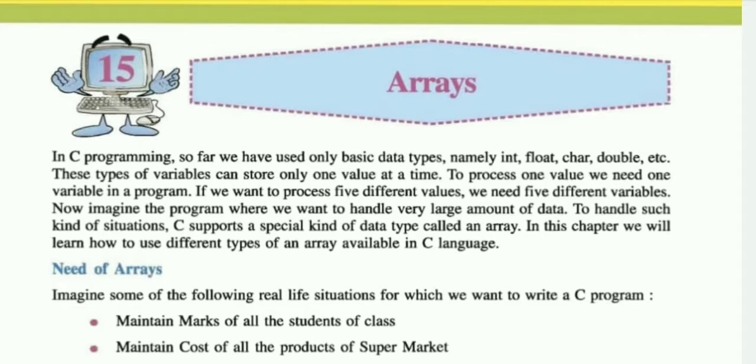And you already know that we can store a value only in variables. If you want to store any type of data, then variables are required, and each variable can store only one value at a time. Just assume that there are 50 students in a class, and I want to store their computer marks in my program. Then one variable can store only one student's marks. So to store the marks of 50 students, how many variables are required in our program?